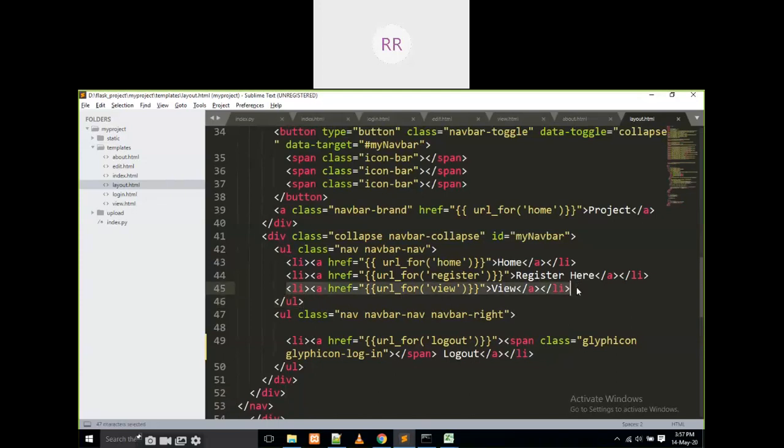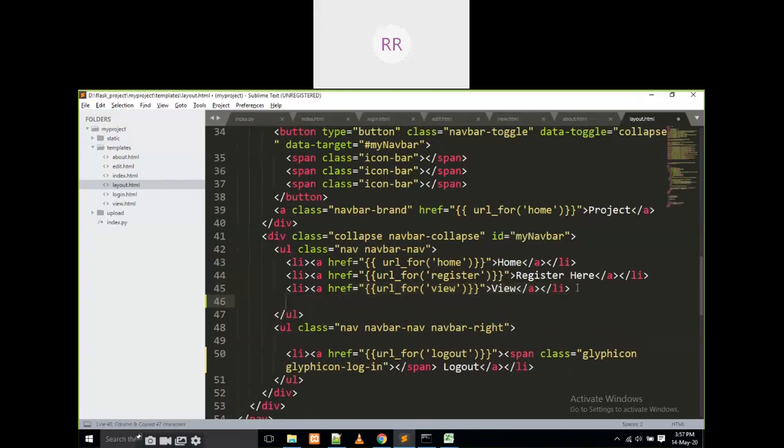Here one more menu, the menu name is bulk upload, for example, like that, and I am going to write bulk like this. Okay. Then what is my next step? What I have to do?